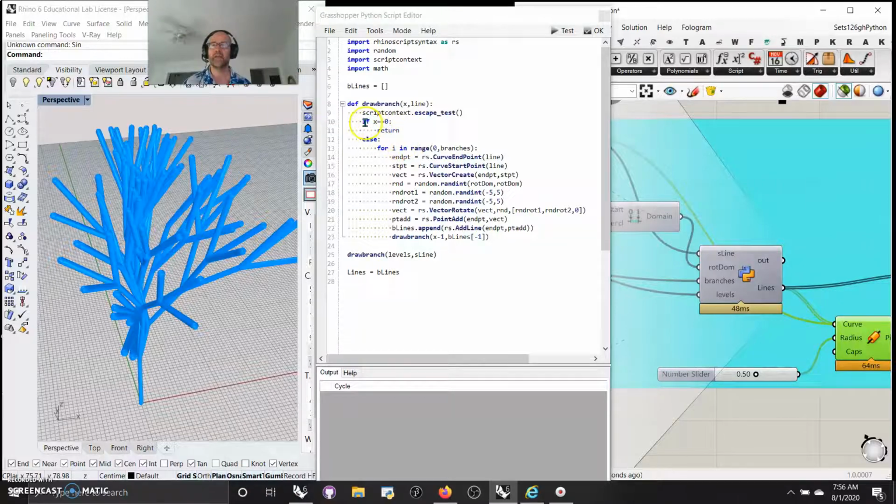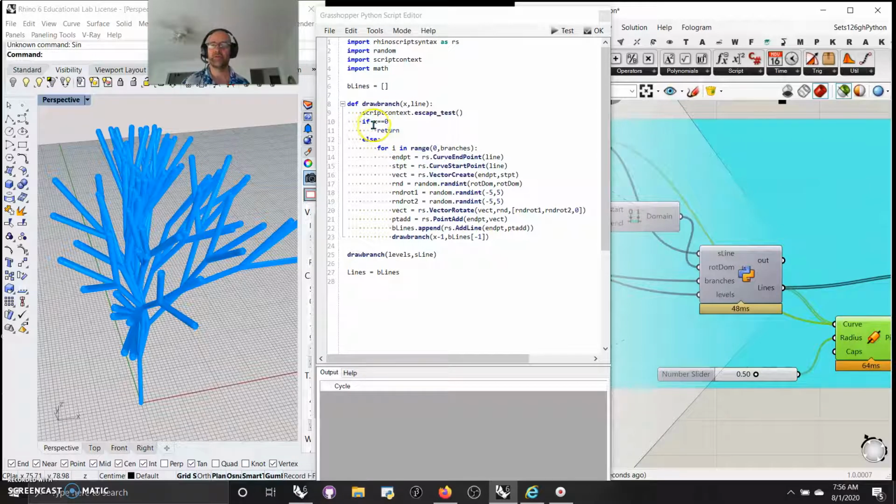Yeah, there's the script context, the escape text. If I don't get the script context, I can't get out of that loop. The thing will just keep going. So escape text is something I want to use. They show you how to script this in, and the only subtle changes were if x is set to 0,